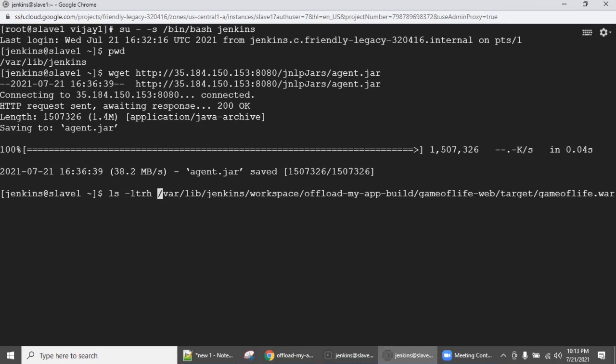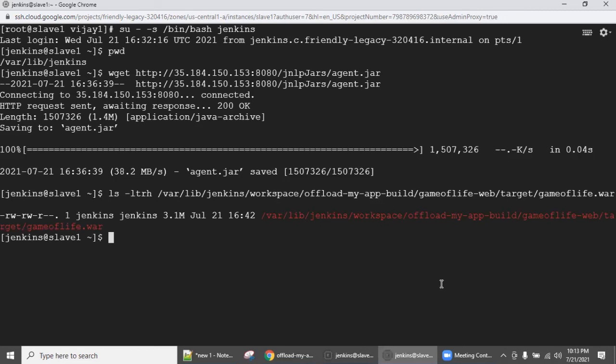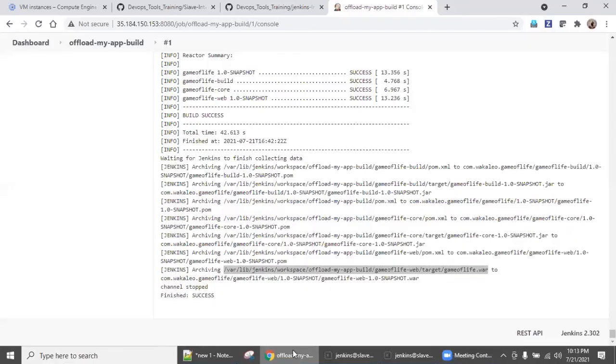So go here, say, see here. Remember, this is slave one. We are seeing this file in slave one, not in the Jenkins master. This is the easiest way you can tell them apart, right? So you need to understand a couple of things, because in production, definitely you need to offload all pipeline tasks from the Jenkins master to the slave node. We will do a similar exercise, but not with the physical server, with a direct EC2 cloud, right? So stay tuned. We'll come with more exercises. Thanks, everyone.